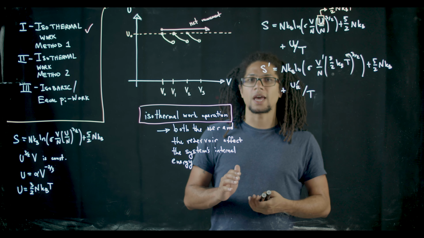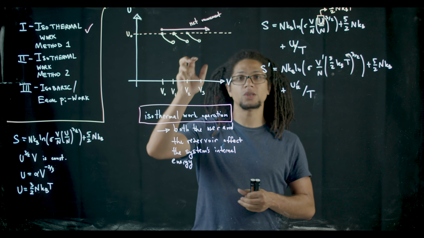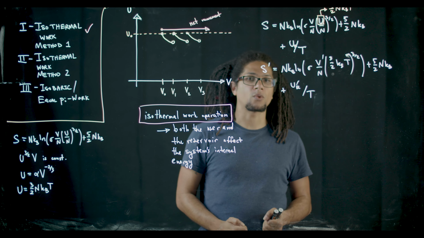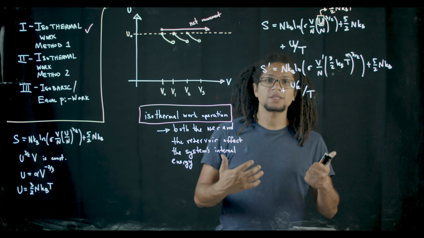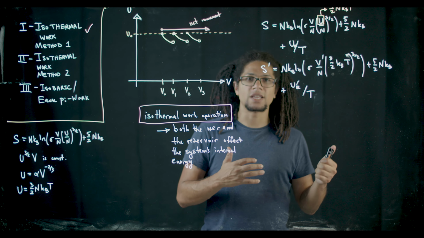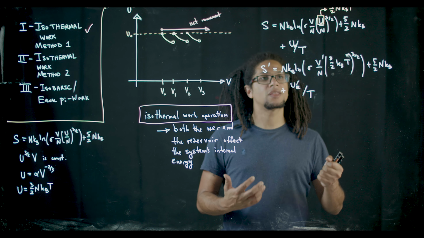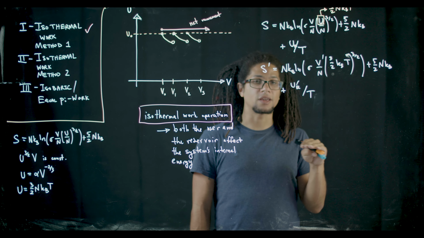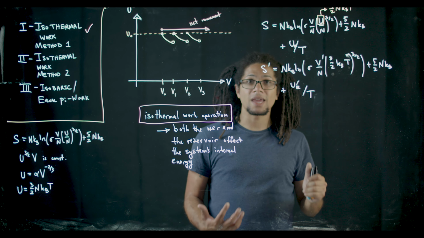We can either see it as us doing continuous adiabatic work operations followed by thermal joins on the system, or we can see it as one adiabatic work operation that we're doing on the compound system. The reason that this is an interesting way to think about things is that if at the end of the day we forget about the state of the reservoir, it means that we can simply think about changing V internally here without worrying about anything else, as long as we also keep T constant in the main system's